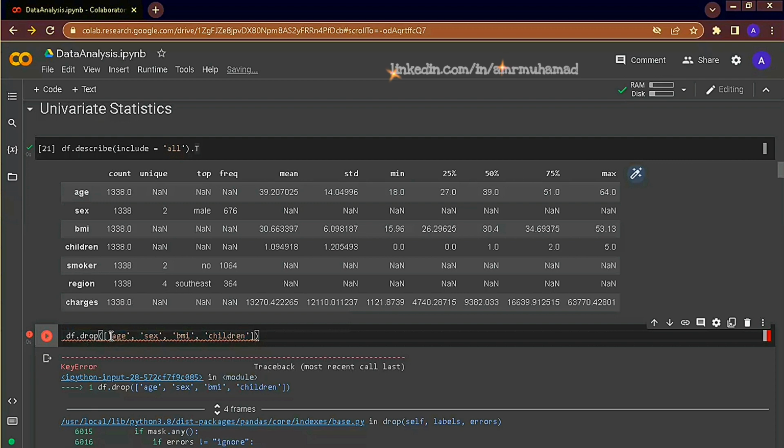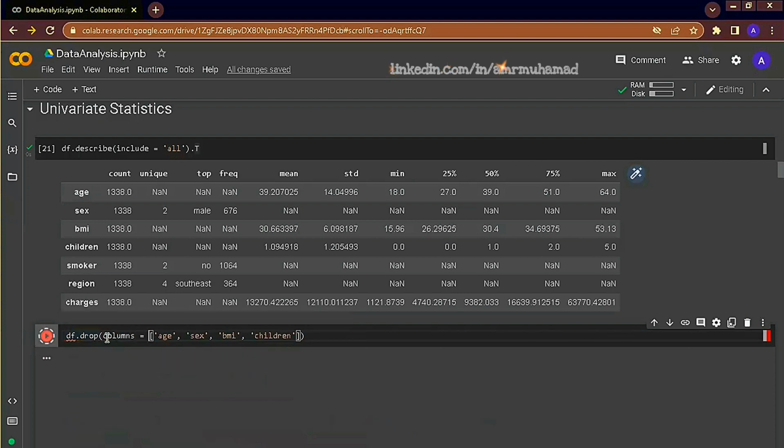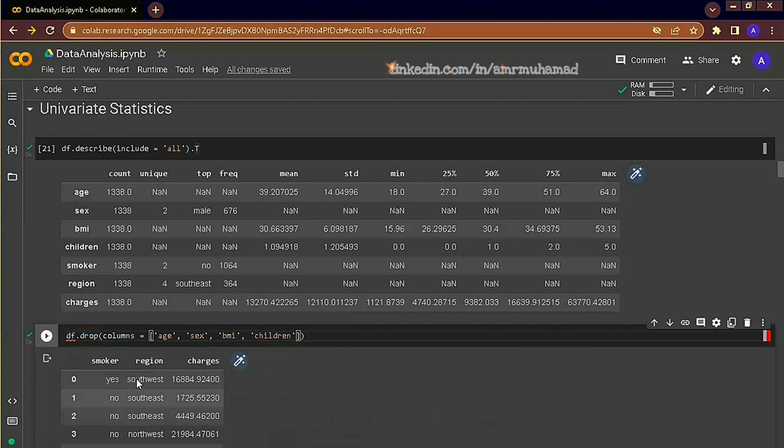Because we haven't specified the axis, we can either use this form, or instead of square brackets, specify that these are the columns, and it displays all the columns except those that are dropped. Or we can use the same approach without specifying columns and select the axis to be 1. 1 means columns, 0 means rows.